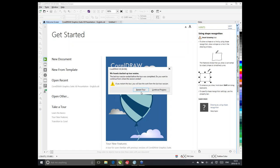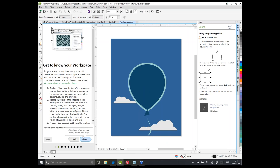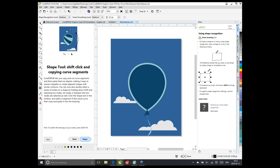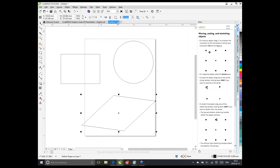Let me take the new features tour, for example. I'm just going to restart it from scratch. And you can see here some instructions explaining how to get going. Have fun, play with it. All the instructions are there. The knife tool is one of the tools I'll show you in a minute, but it explains how it works and how you use it, how you can cut and paste clicks, etc. options. I'm not going to go through all of this because I want to show you some of the new features that we have in this release. So let me just close this and come back to my